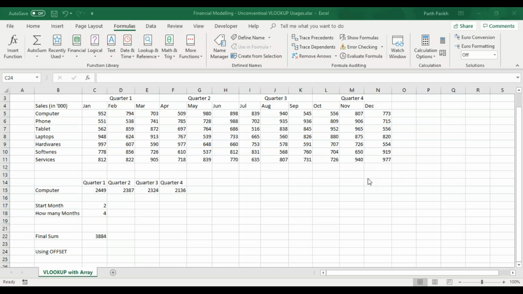Now in the previous exercise, we saw that we can use VLOOKUP and make the column inputs dynamic, as in for which month we need to take the data and for how many months we need to take the data. We did it using VLOOKUP and array function, and we summed it. Now there was an additional step over here that we had to create a range, and we had to then use an indirect function, and then we have to use row functions,